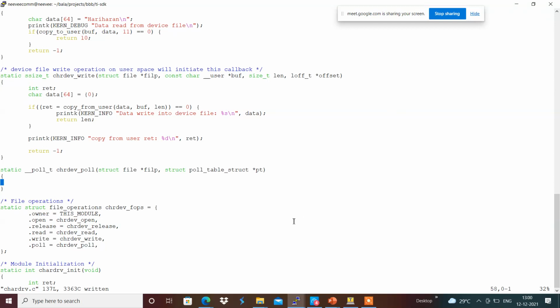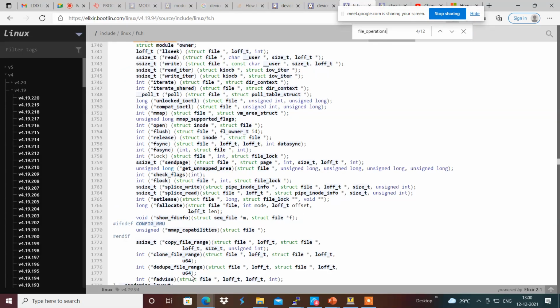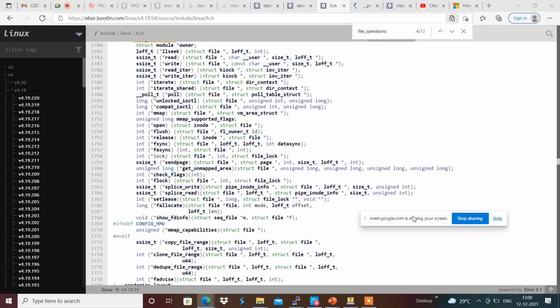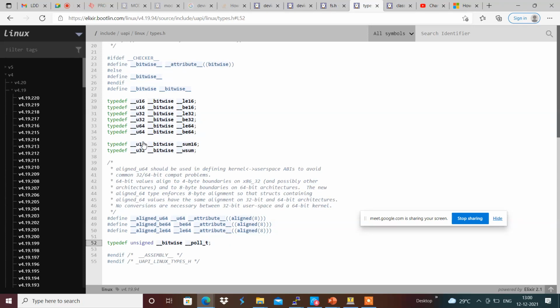It was defined in linux/types.h. It has bitwise operations that will be used to provide whether data read is available or data write is available or poll input is available, poll read is available.